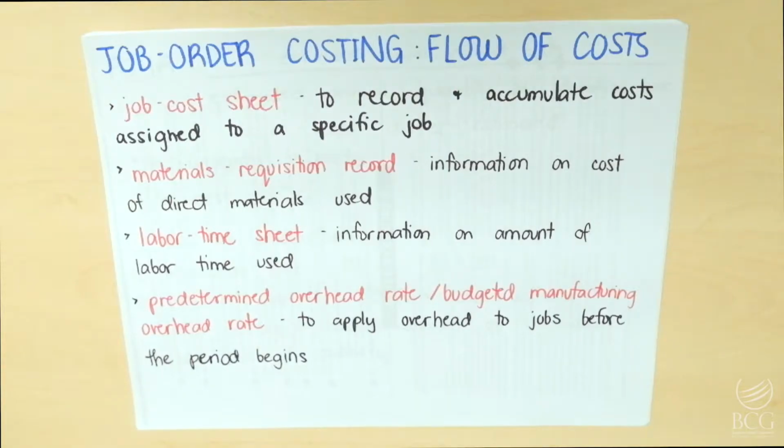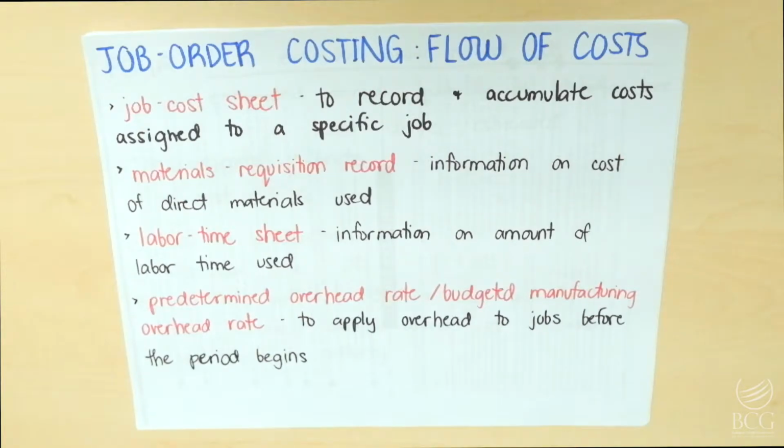So as mentioned earlier, this system uses a job cost sheet. This is used to record and accumulate costs assigned to a specific job. This will include details on its direct and indirect costs. The materials requisition record will have information on the direct materials used, while the labor timesheet will have information on the direct labor consumed. The predetermined overhead rate or budgeted manufacturing overhead rate is used to apply overhead to jobs